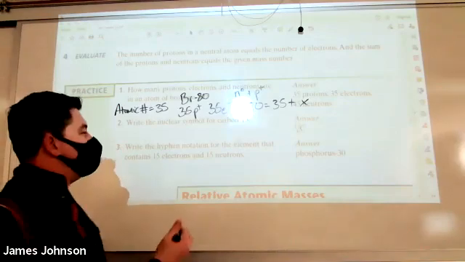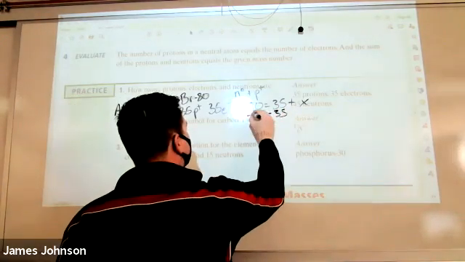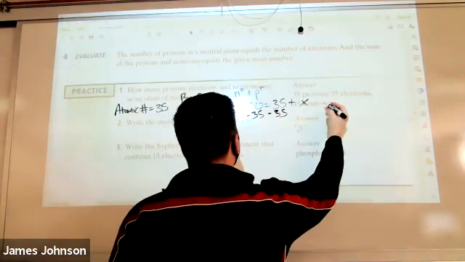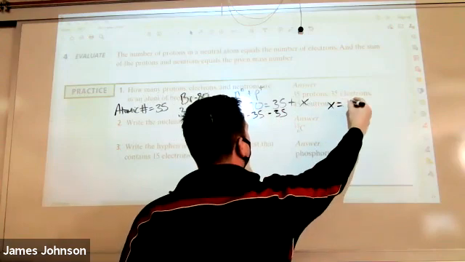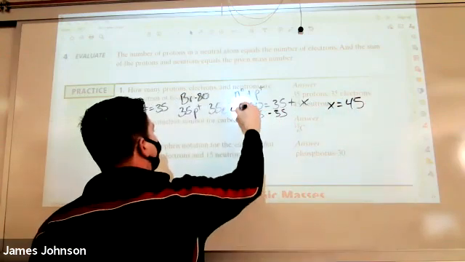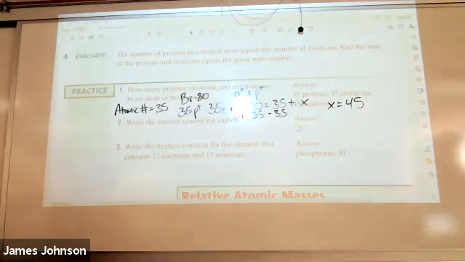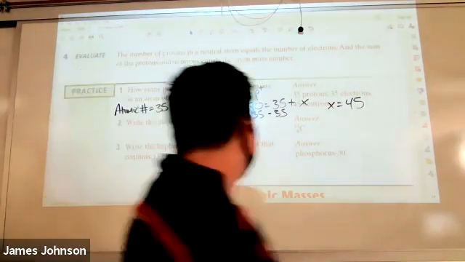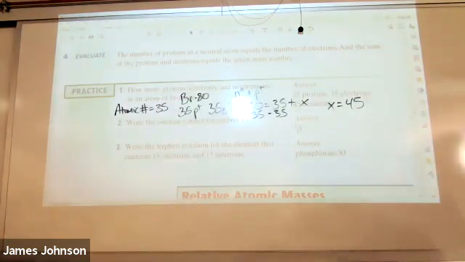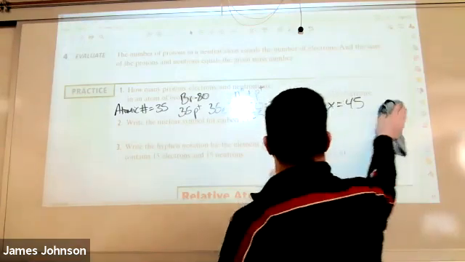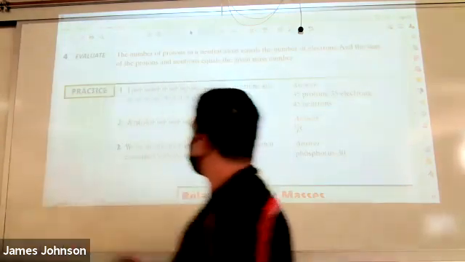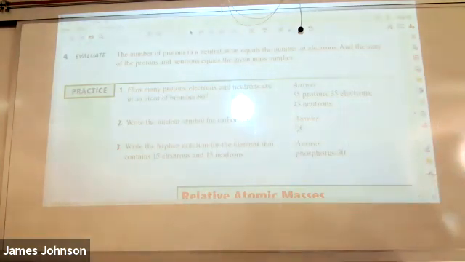So you can do some regular old pre-algebra, subtract 35 from both sides, and you find out that this X actually equals 45. So there are 45 neutrons. I got a little squishy right there, but so we end up having 35 protons, 35 electrons, and 45 neutrons. And it's pretty much the exact same as the sample problem. Now,